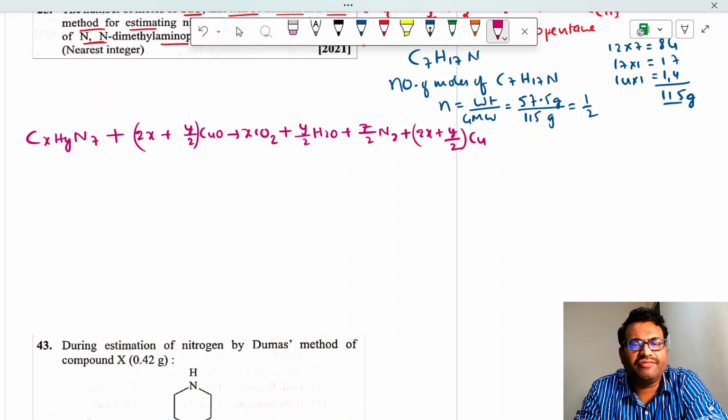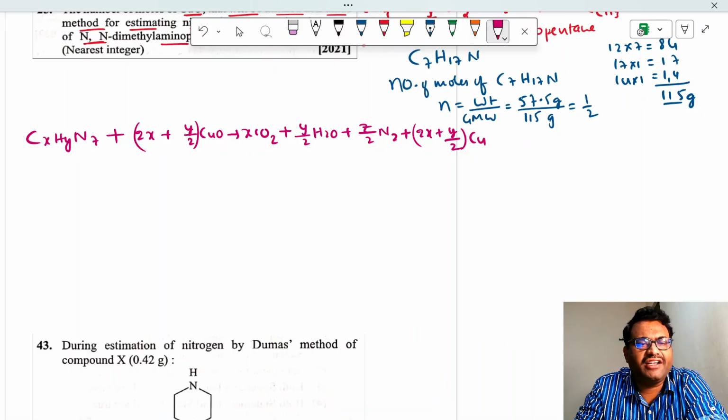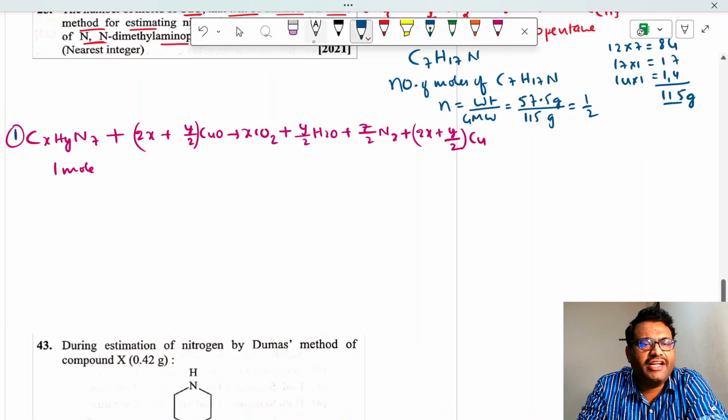This is the equation. From this balanced equation, I can write that 1 mole, this is 1 mole, no? 1 mole is reacting with these many moles. 1 mole of CxHyNz